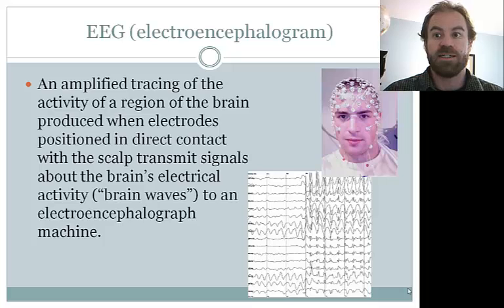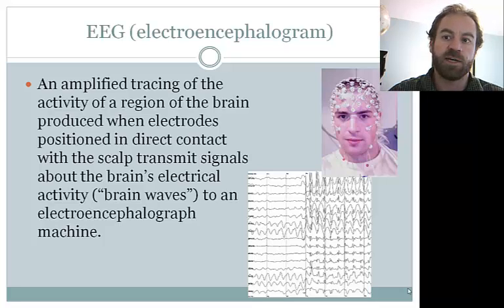Further advances in technology led to better imaging systems. Perhaps the first was the EEG, or electroencephalogram, which measures the electrical activity of the brain and reports it as brain waves on a printed surface. A lot of what we know about sleep patterns is a direct result of using EEGs to measure brain activity.